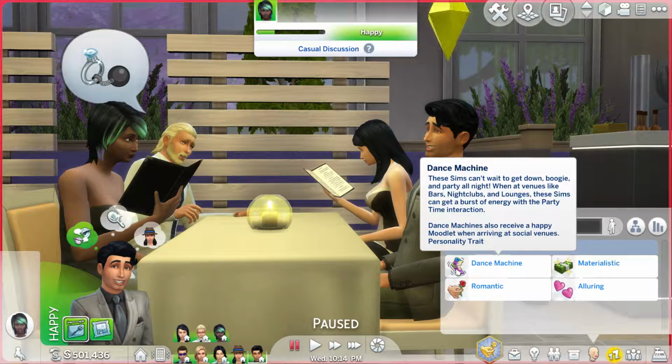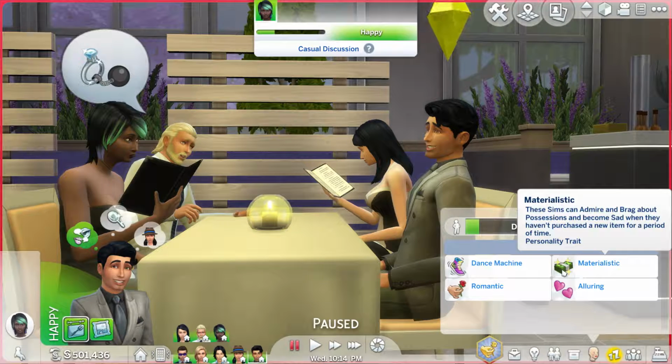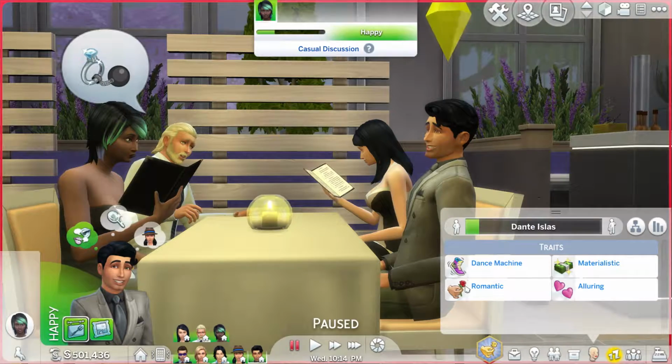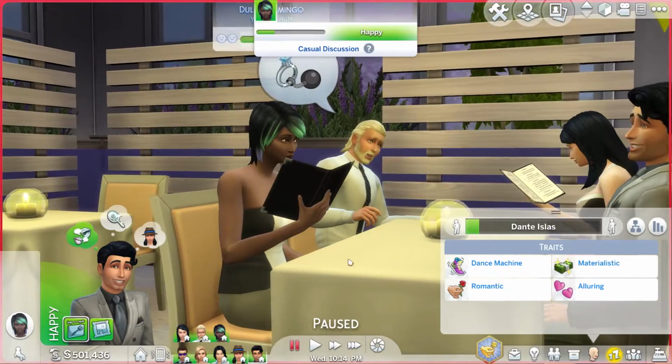When at venues like bars, nightclubs, and lounges, these Sims can get a burst of energy with the party time interaction. Dance machines also receive a happy moodlet when arriving at social venues, which would be this one. This is a social venue. Materialistic. These Sims can admire and brag about possessions, material things, and become sad when they haven't purchased a new item for a period of time. And he's romantic. Let's see how he matches up with,